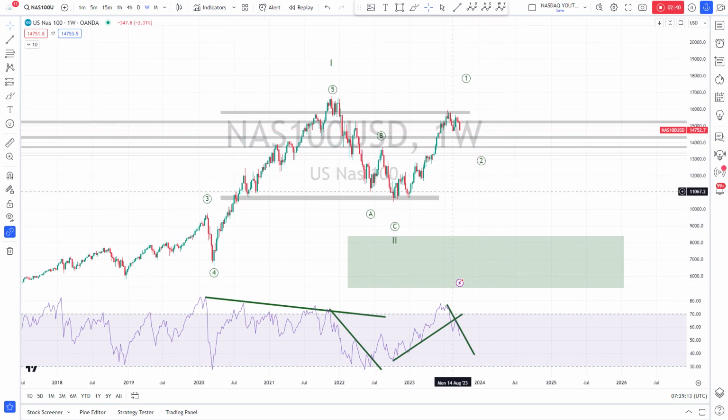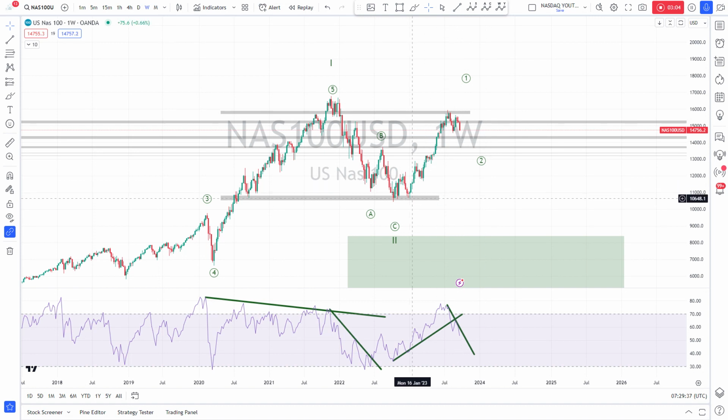It's not my primary scenario because current price action is situated here, and our low is here, so there's quite some separation. So it makes more sense to take the bullish one as my primary one.